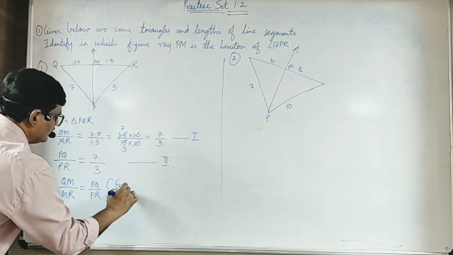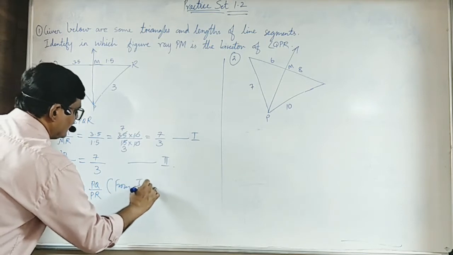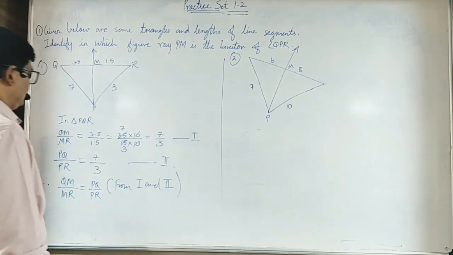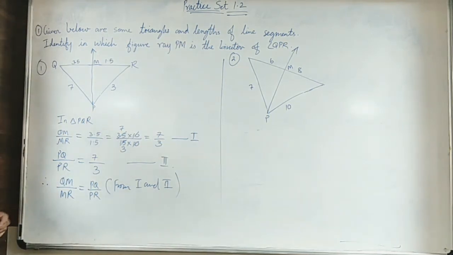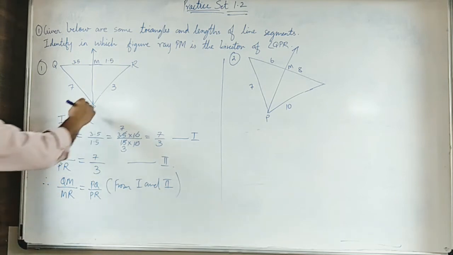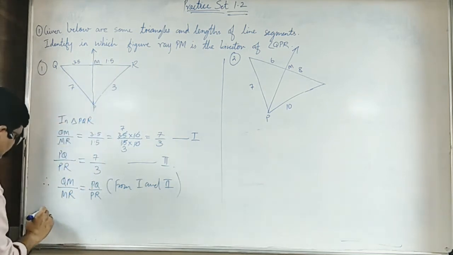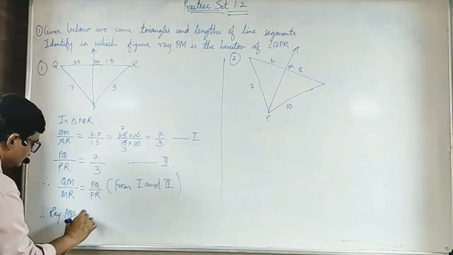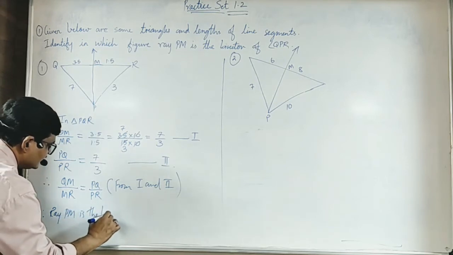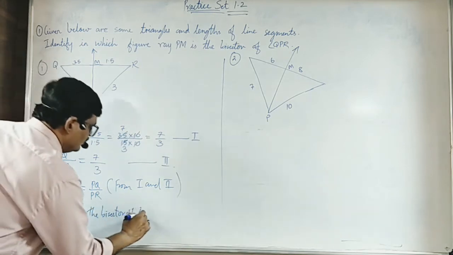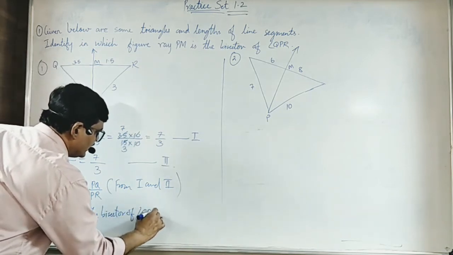After getting the first and second statements, if the ratios are equal, then we can say that ray PM is the bisector of angle QPR, and you have to write the reason